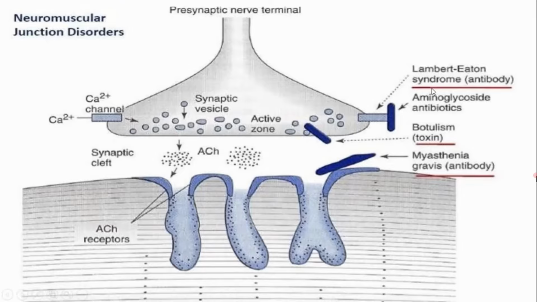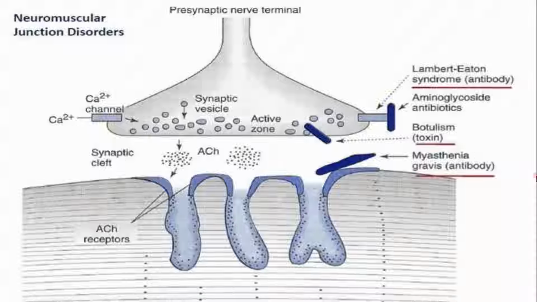Now, Lambert-Eaton syndrome, we have already seen, has autoantibodies built up against the voltage-gated calcium channels. Then we have discussed myasthenia gravis, where there are autoantibodies built up against the acetylcholine-gated receptor channels. Now we will discuss somewhat about the botulinum and the tetanus toxin. So, Clostridia are bacteria. Well, there are two varieties. One is Clostridium tetani and the other is Clostridium botulinum. They produce the tetanus toxin and the botulinum toxin, and these can both affect human beings.